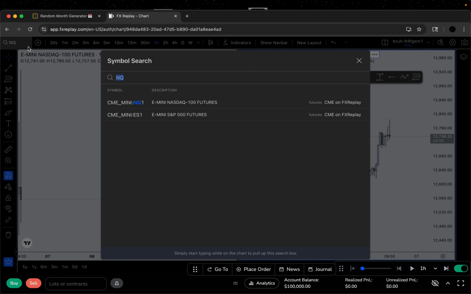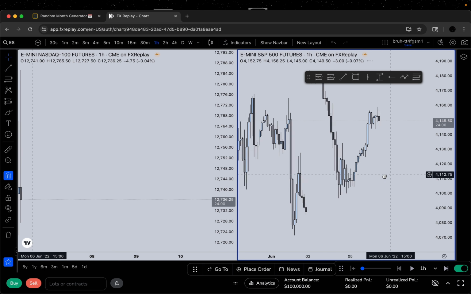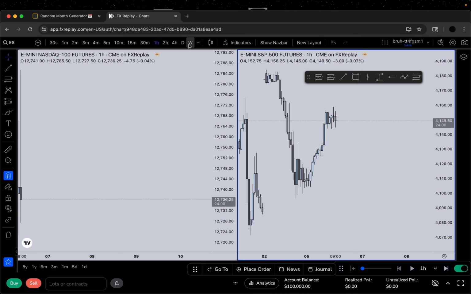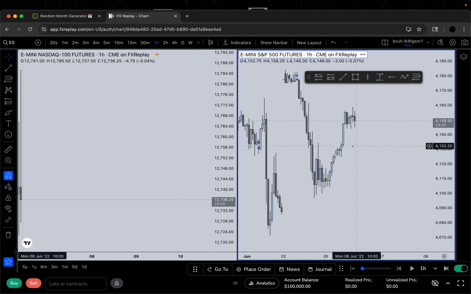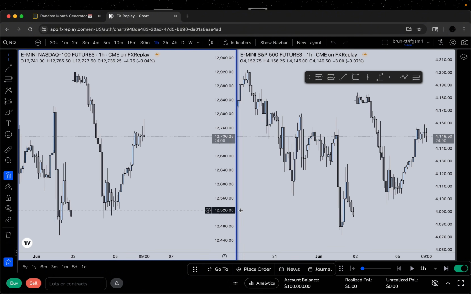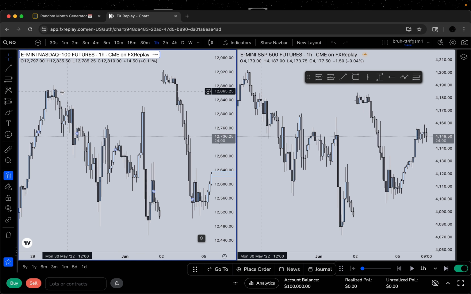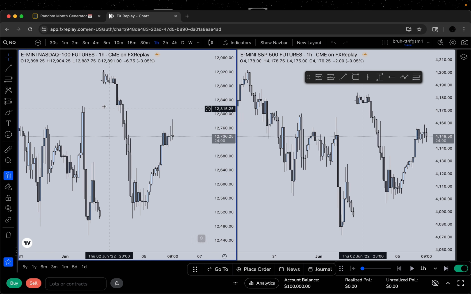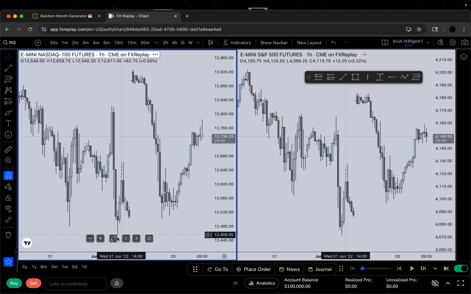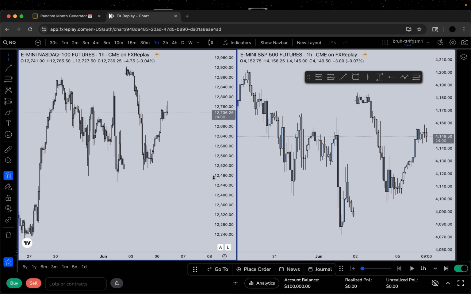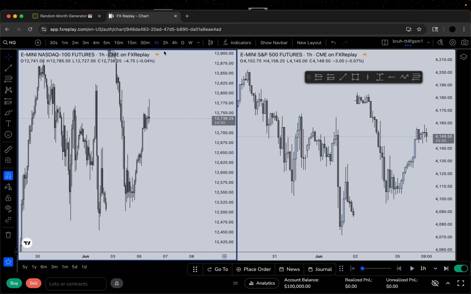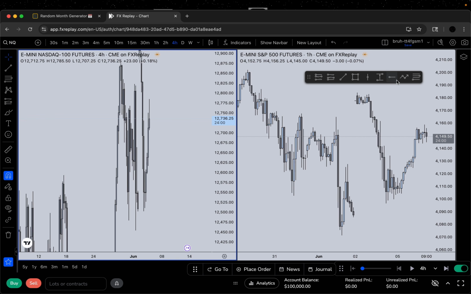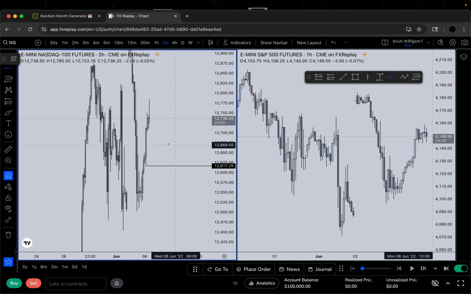All right, ES is looking like what? The same shit, bro. Yeah, this is weird. I guess we now have an SMT here, so being bearish is actually more valid. Because I was going to say, I don't like these highs here, bro. This is just consolidation. Let's see if we have a 4-hour gap below. We do. Okay, so we have a decent reason to go lower. 2-hour gap here as well.